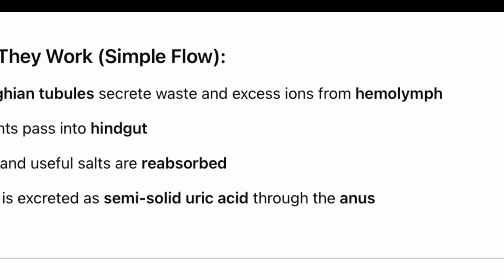So, Malpighian tubules function in excretion, uric acid from the hemolymph to tubules, and osmoregulation, adjusting ions and water levels. Waste form is uric acid, dry form, water saving. I hope this is clear to the students that Malpighian tubules form the excretion system in insects like cockroaches. Very good. Moving on to the next question.